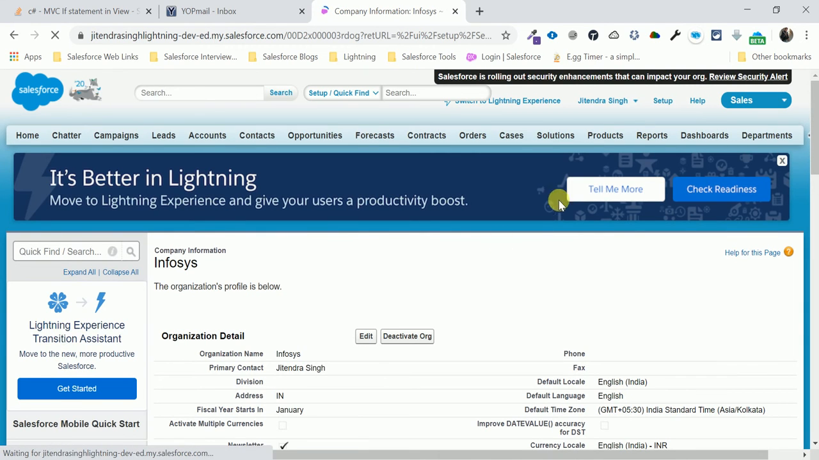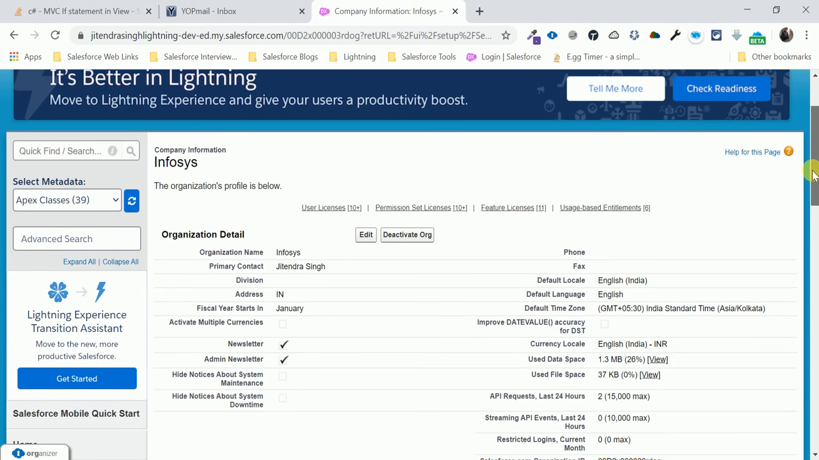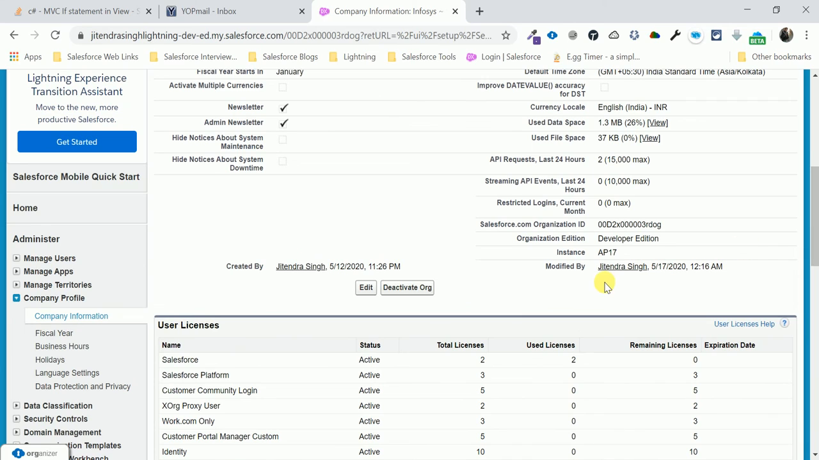company information. Company information means the company name and organization detail. At the time of account creation you fill in this information, that form. And let me come down. Here you can see one field like